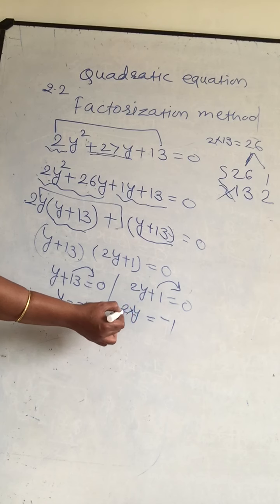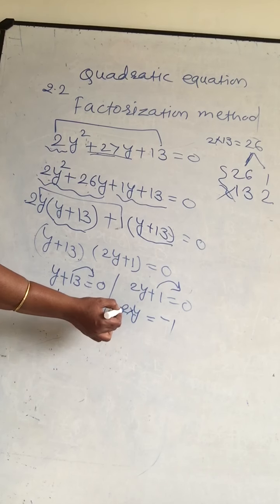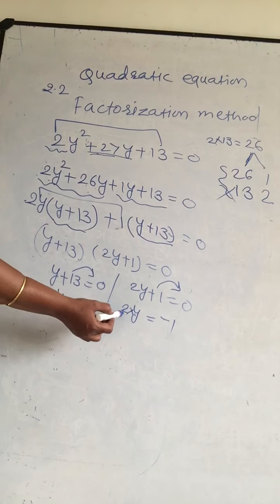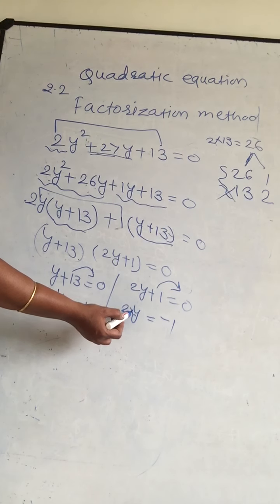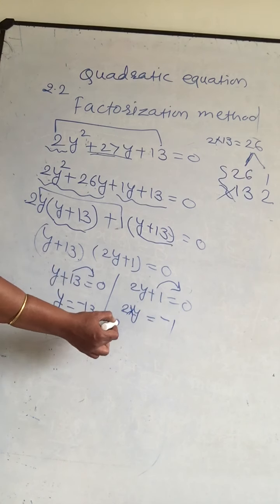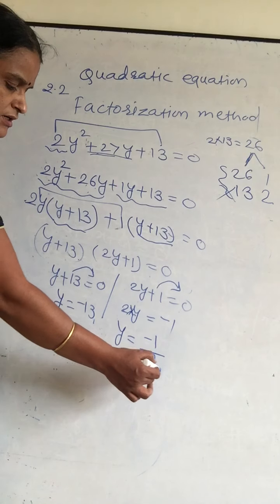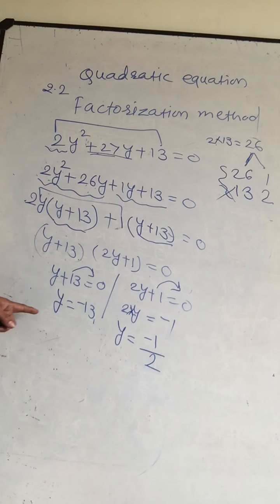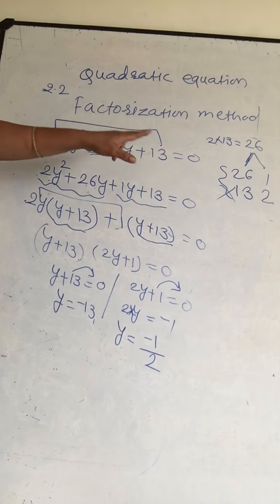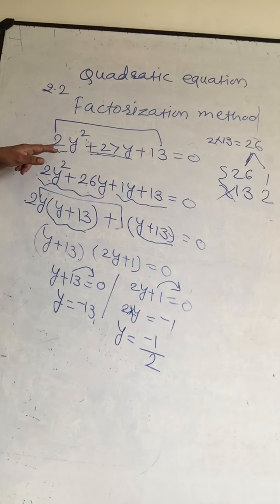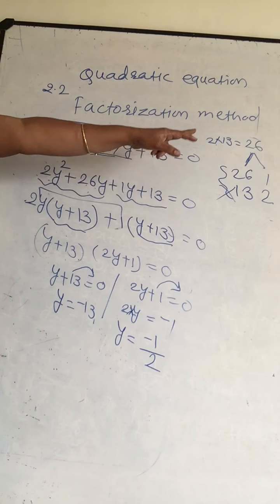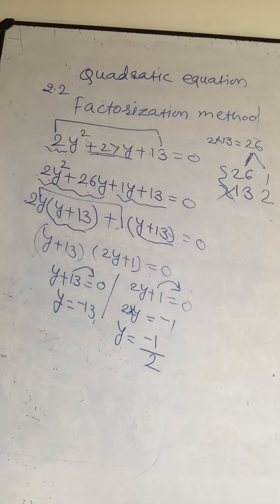Here 2 into y, that is 1 letter and 1 number, there is always a multiplication sign. So plus multiplied 2 becomes divide by. y is equal to minus 1 as it is and this multiplication goes to divide. So y is equal to minus 13 and y is equal to minus 1 by 2 are the solutions of this given equation. When there is 1, only factorize the third term. When there is a number other than 1, then take the multiplication of this coefficient and the third term and then factorize the number. Only this difference is there.